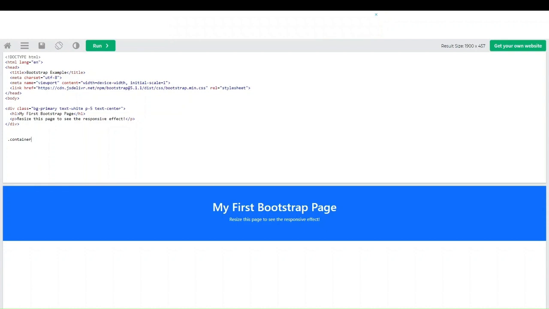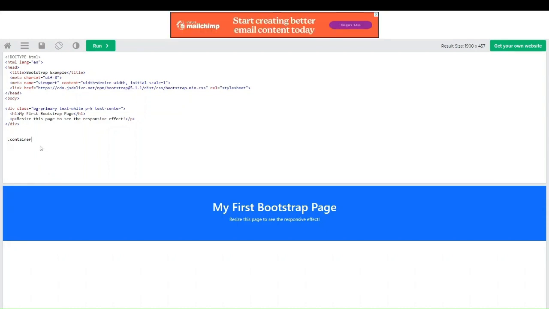Then there's container fluid, which is a width of 100% at all breakpoints. And then there's container with a breakpoint within the curly braces, which is width at 100% until the specified breakpoint. So just to show you how each